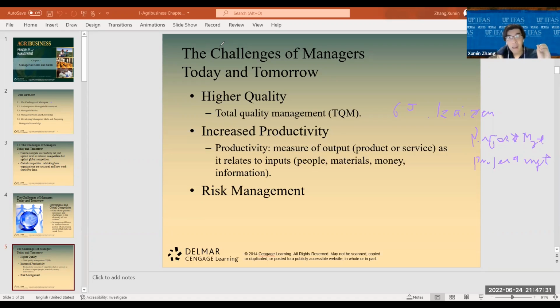So we have a lot of challenges. Those challenges connected to other topic or other branch. So risk management can be another topic. Start from here, you can find your interests, right? Which direction you go. Okay, this is why I always say that I open the door for you.